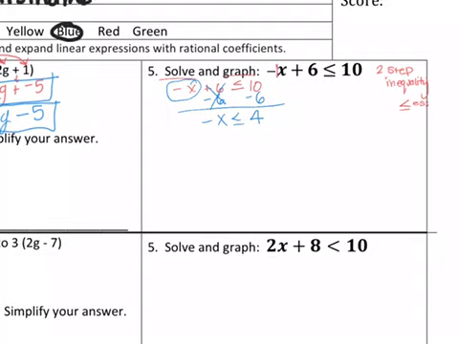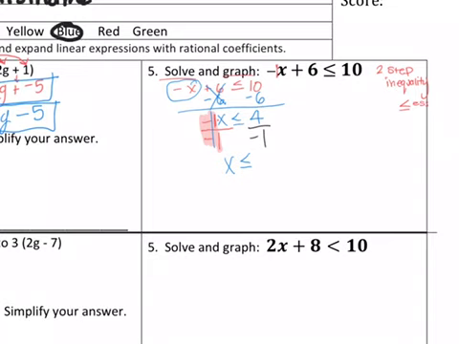Now my second step is to undo multiplication or division. Remember I told you this is a negative 1x. Negative 1 is being multiplied to x. So what's the opposite of multiplying by negative 1? Dividing by negative 1. And what I do on one side, I do to the other. Negative 1 divided by negative 1. Remember, a negative divided by a negative is positive. So negative 1 divided by a negative 1 is positive 1. But I'm not going to write positive 1x. I'm going to write just x is less than or equal to, oh wait,